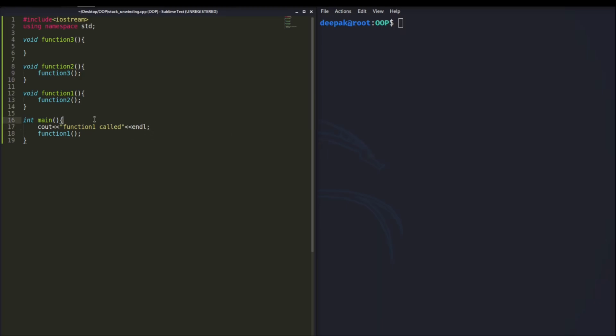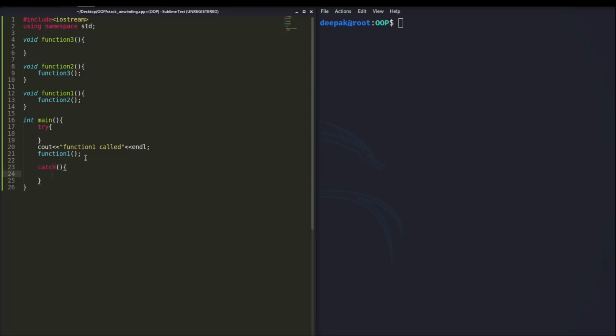This is a very simple message, right? But if you know that this function might throw some exception, you should put it inside a try and catch block, right? So all these things I am going to put inside this try block, and after that you have to catch this exception.